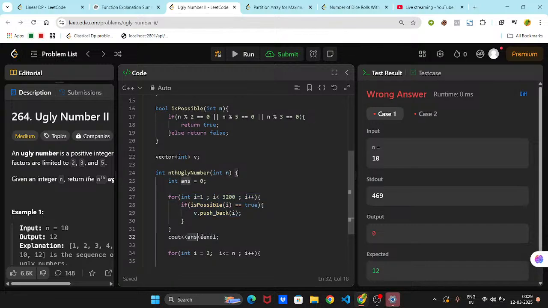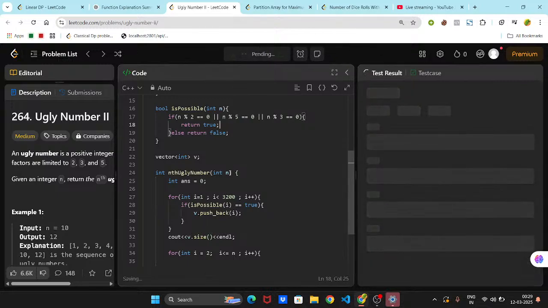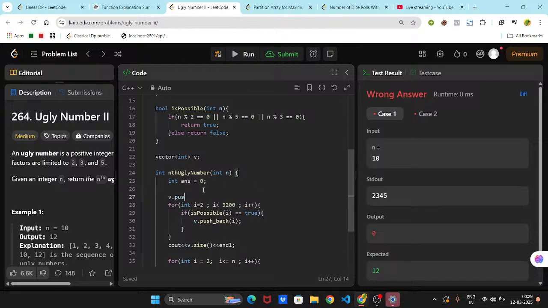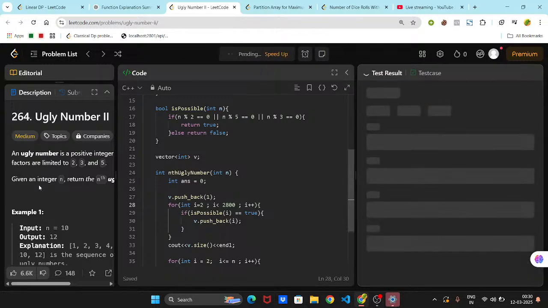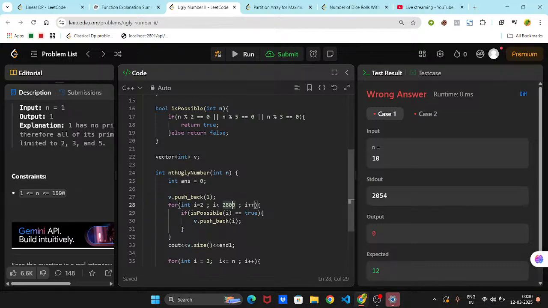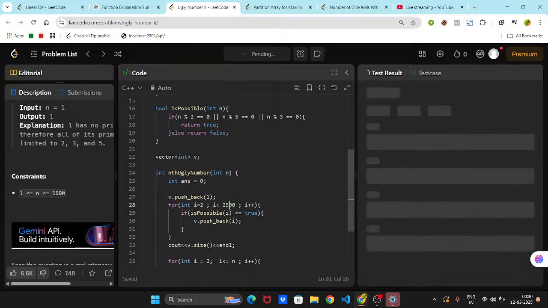अब मैं यहाँ पे तेरा डिबग करूँगा वी डॉट साइज। वी डॉट पुश अंडरस्कोर बैक 1 तो मैंने पहले से ही पुश कर दिया है, ठीक है। तो मुझे 1690 तक ना, तो 2800 तक मेरे काम बन जाएगा आई थिंक। तो 1690 तक ही एन पॉसिबल है, तो लेट्स मे बी 2500 तक काम बन जाए, और इवन लेसर भी।